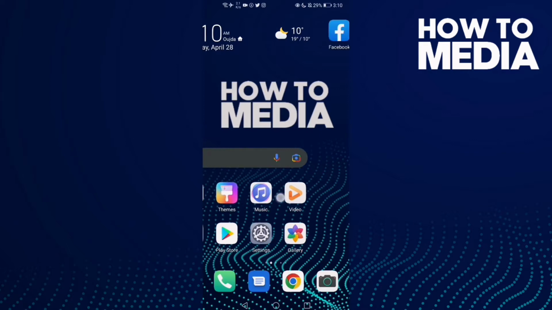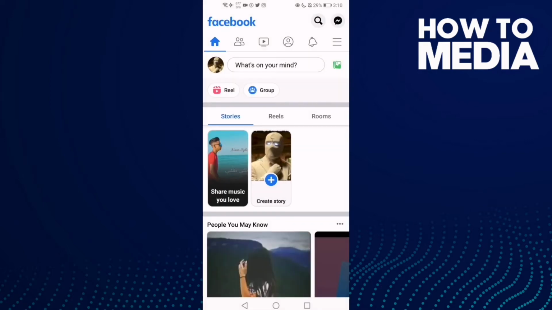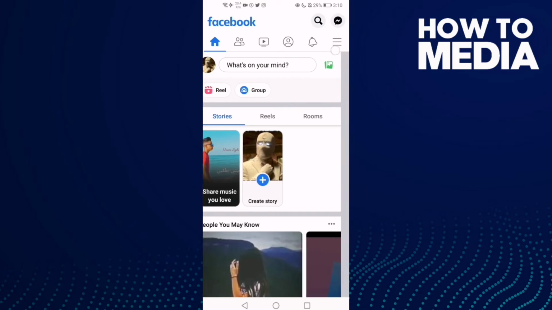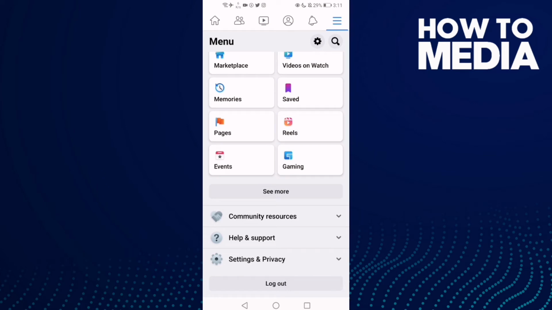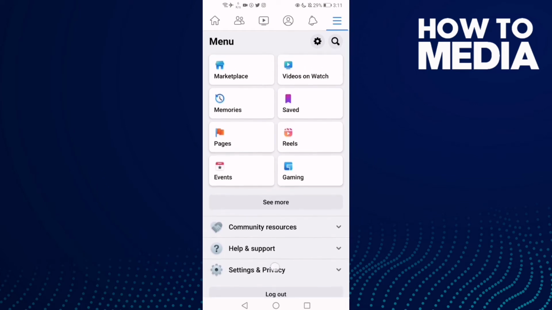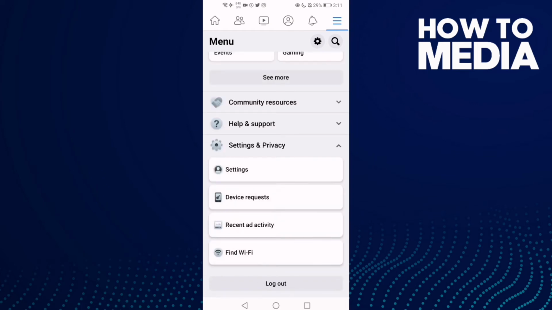First thing we're gonna do is go to Facebook and click this three lines here, and now go down until you find this one, settings and privacy. Click on it and click this one,